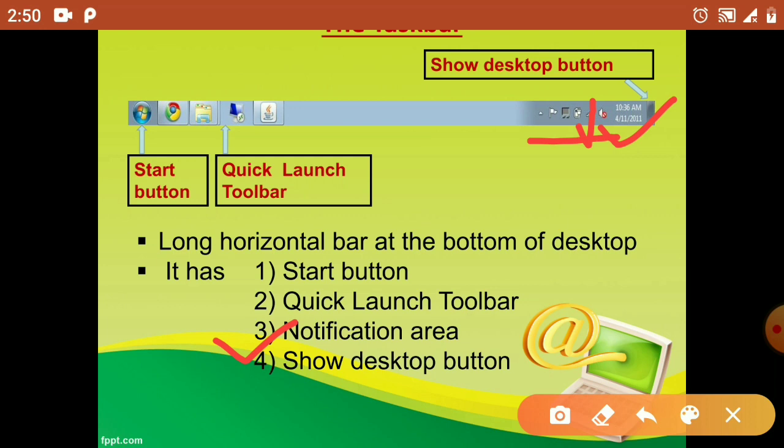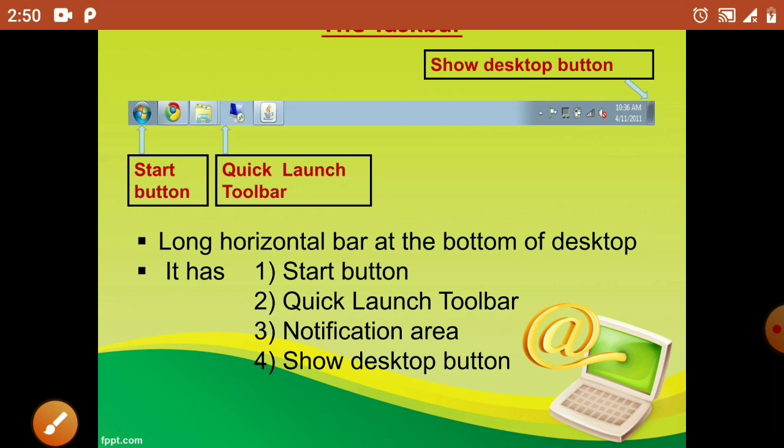This is the network symbol, this is the volume symbol, and this is an additional device that we connect to the computer, that icon. So these types of applications are seen in the notification area.